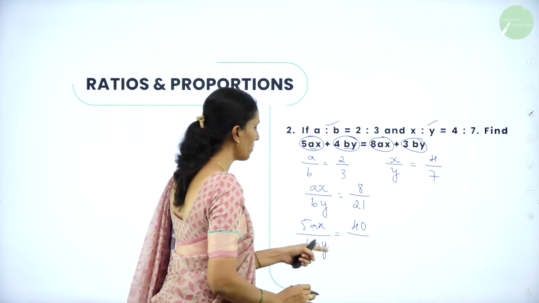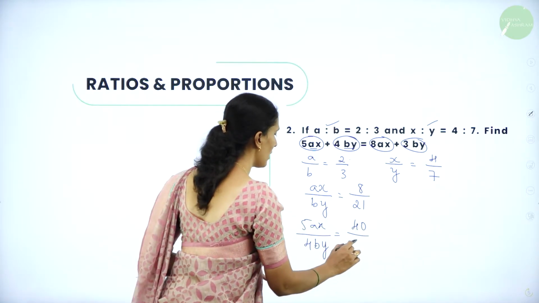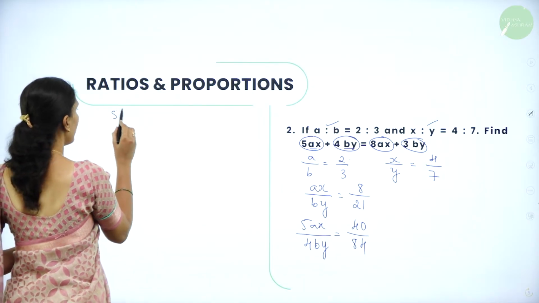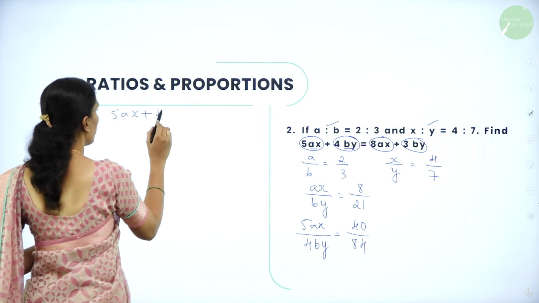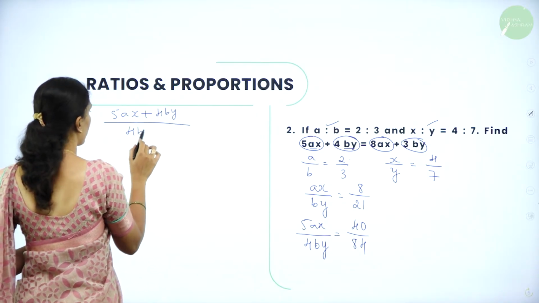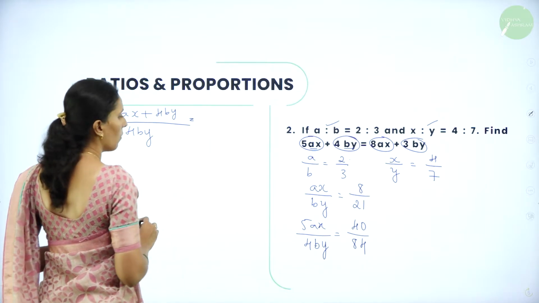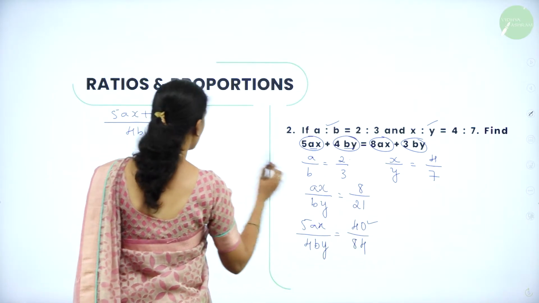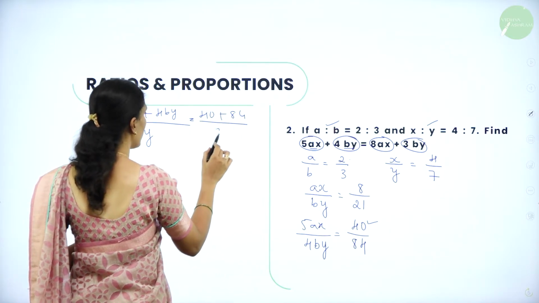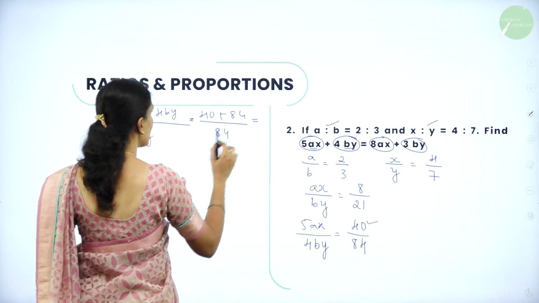Next, 4 into by, that is 4 into 21, which is 84. So next I'll take 5ax plus 4by divided by 4by. So what happens now? I know 5ax is 40, 4by is 84, divided by 84. So your answer is